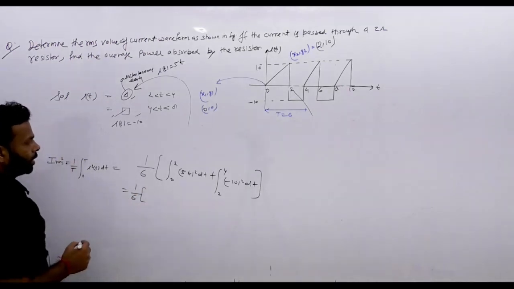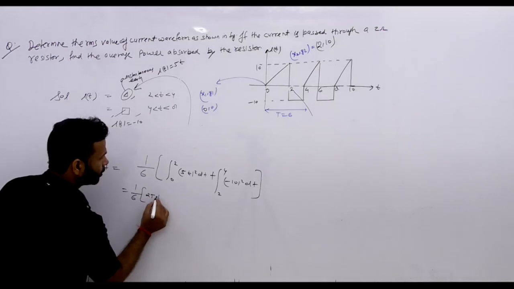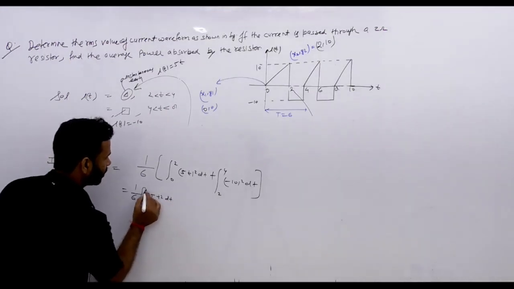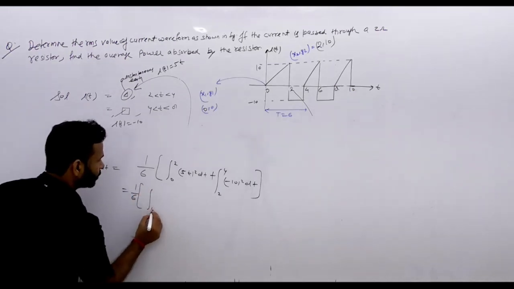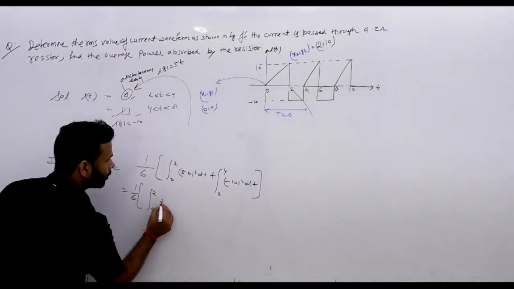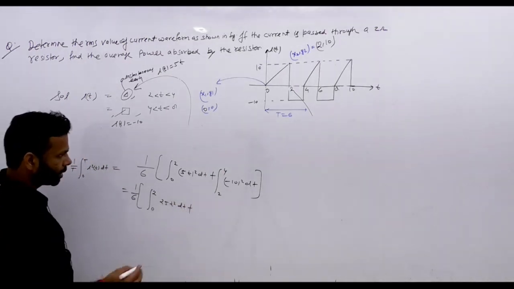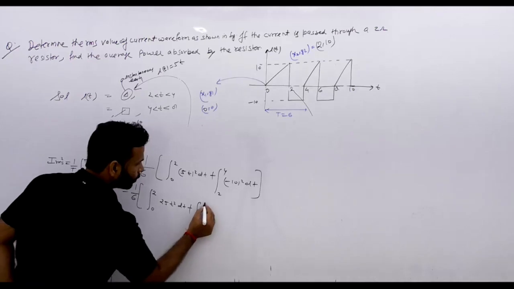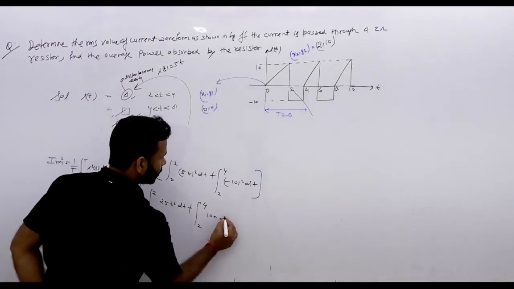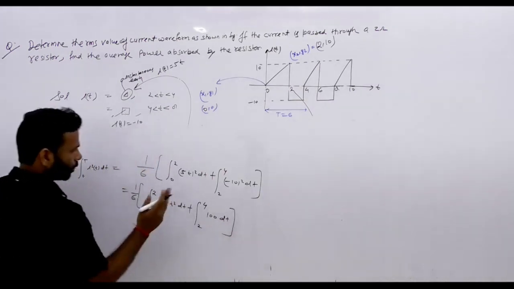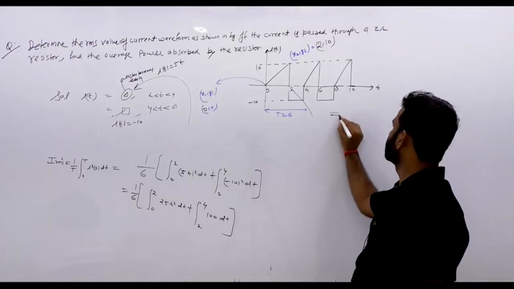Now 5t square, that is 25t square dt. Similarly, let's write this properly first, from 0 to 2, 25t square dt. Okay, up to here. Similarly, if I go ahead, it is 2 to 4, then it is 100 dt. Okay. Now if you solve this on the right hand side, then we will have,